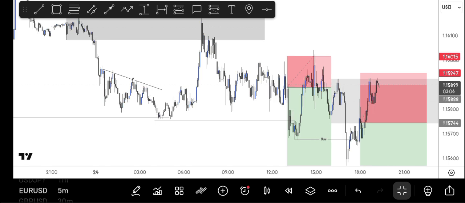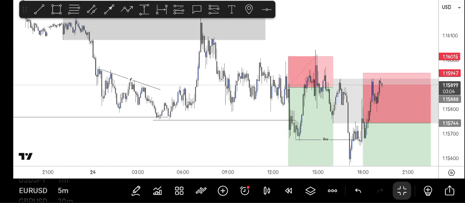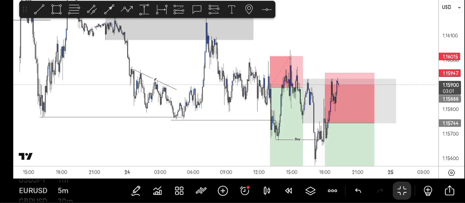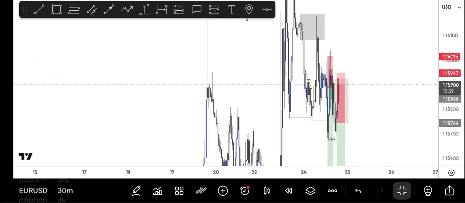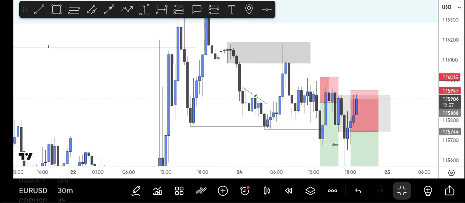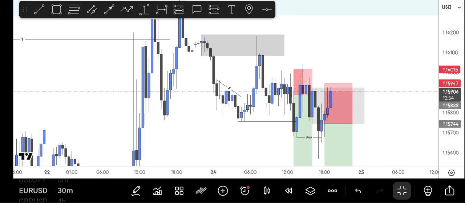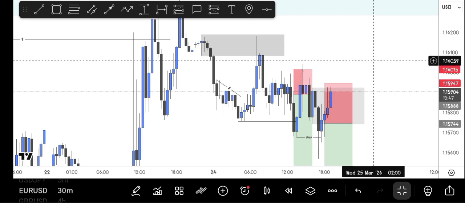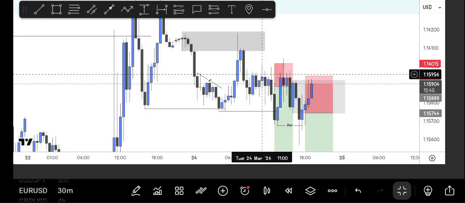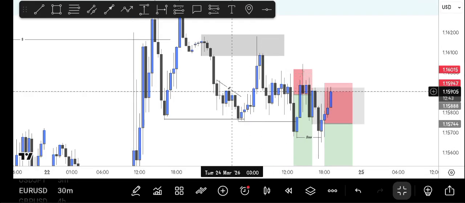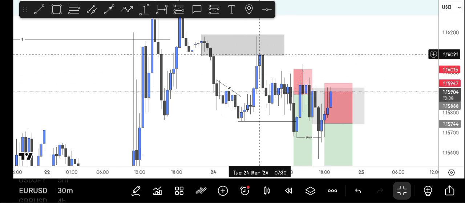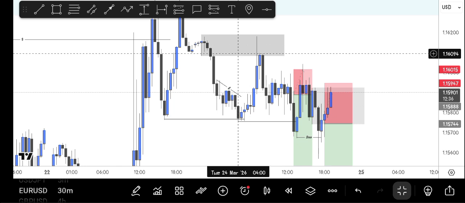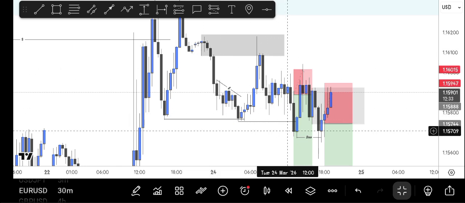So the outcome is actually a loss for the trade, guys. Loss. If we go to the 30 minutes time frame, you can clearly see that price went the way I anticipated it, where it took liquidity from these Asian highs and tapped into our flip zone before coming down.